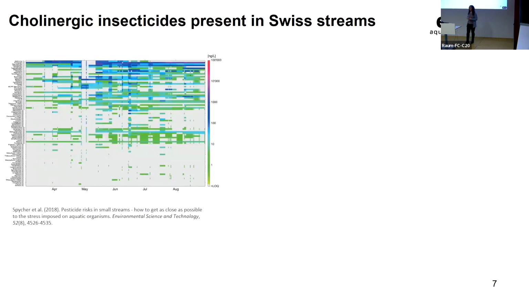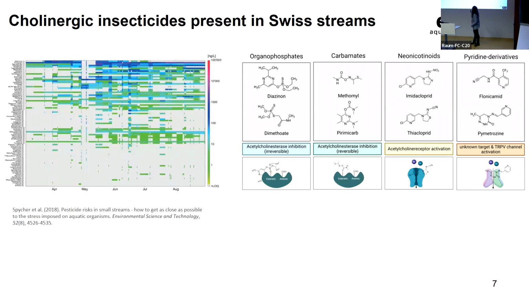So for our insecticide studies, we selected 8 different insecticides that are present in Swiss waters. We selected them based on a list of an Eawag study. So we selected 2 organophosphates, thiazinone and dimetoate,